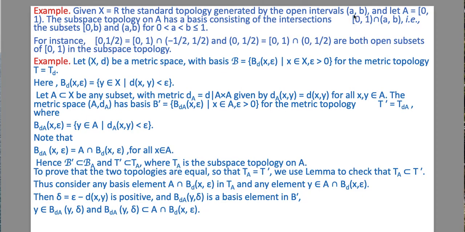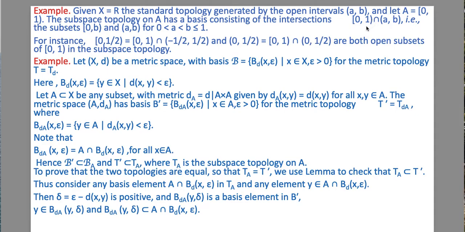That is the subset of [0, b) and (a, b) where b is less than 1, 0 is less than a, is less than b, and b is less than or equal to 1,